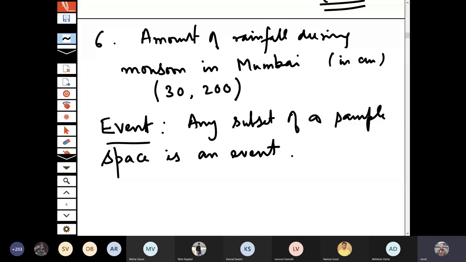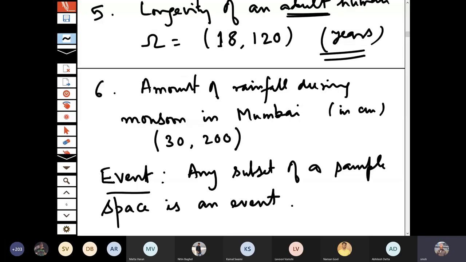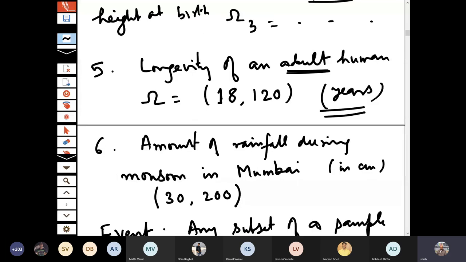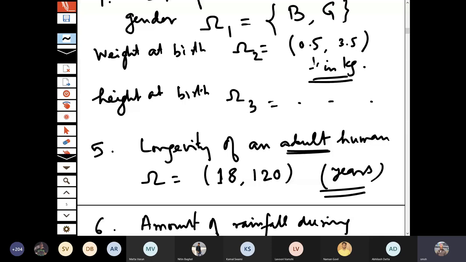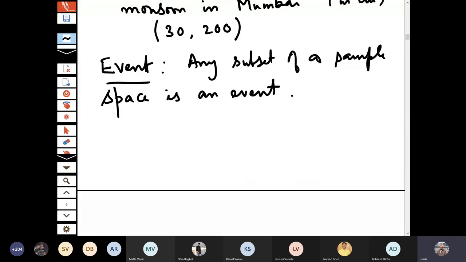So from here itself you can understand, and now you can see that we also have sample spaces where you have an infinite number of outcomes, for example 30 to 200. It is an interval, it has uncountably many elements. Similarly, longevity of a person, weight at birth. These are all uncountably many things, and therefore the number of subsets will be infinite here. So therefore, if we properly define a sample space,